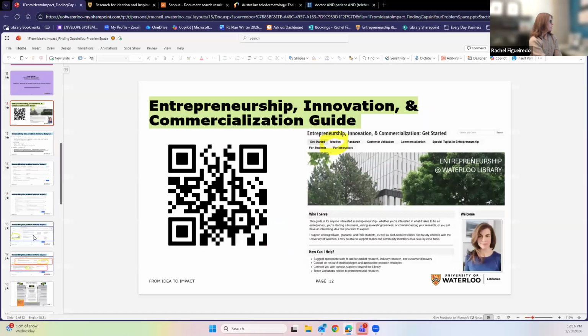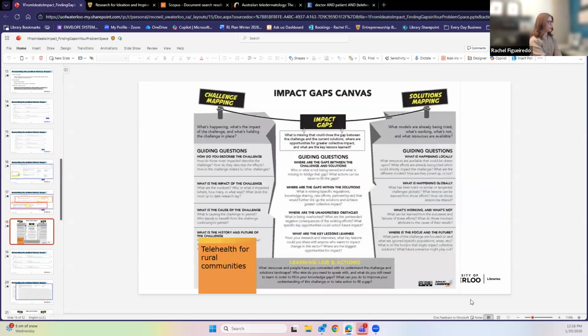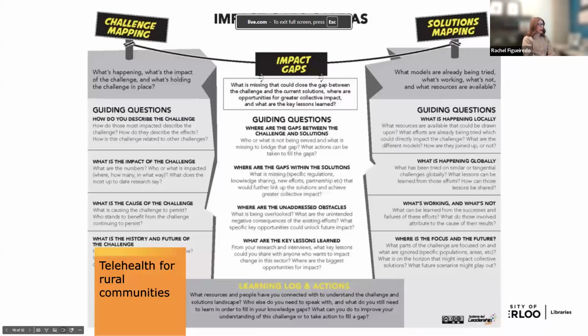Okay, I'm going to skip over a couple of these slides here. What I'll do is sort of land on this slide just to demonstrate how doing some research in Scopus, I would go back and interact with the Impact Gaps Canvas. So as I've been doing this search, I know today I was kind of wandering through Scopus and looking at a few journal articles.